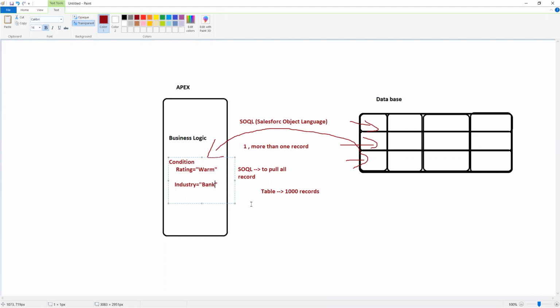In order to pull the data, there is a standard query. SOQL queries always start with a keyword called select. SOQL query always starts with the select statement. By using the select statement, we start writing the SOQL query. So a SOQL query starts with the select keyword, and then